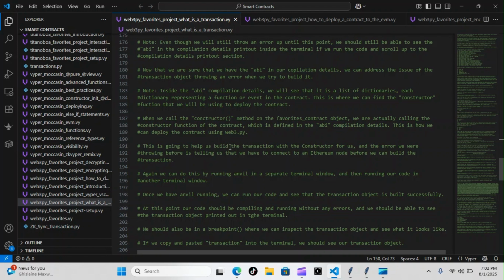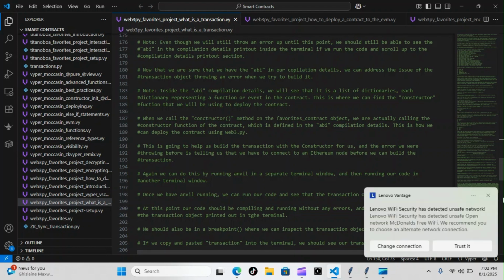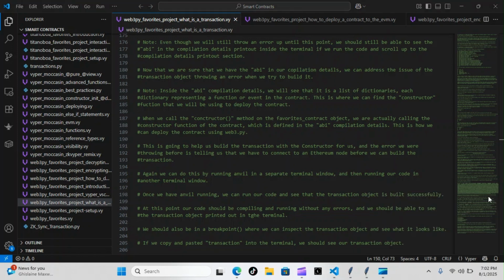Now, this is going to help us build the transaction with the constructor for us, and the error we were throwing is telling us that we have to connect to an Ethereum node before we can build the transaction. Again, we can do this by running Anvil in a separate terminal window and then running our code in another terminal window. Once we have Anvil running, we can run our code and see that the transaction object is